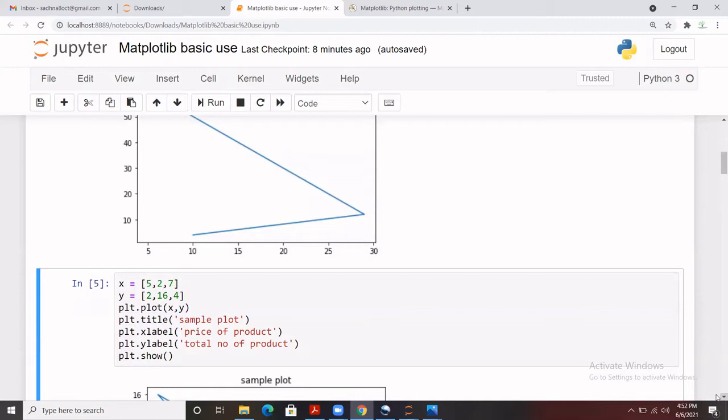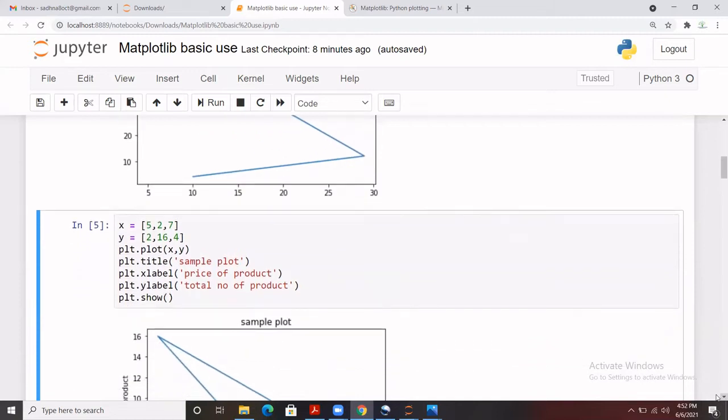And next, we are going to make it more user friendly, and we are going to directly pass some data through x and y. You see here we have given data for the x-axis and the y-axis, and then we use the exact same thing that we did in the previous example, plt.plot, and rather than passing data, we have given the names of the objects that we have created for x and y.